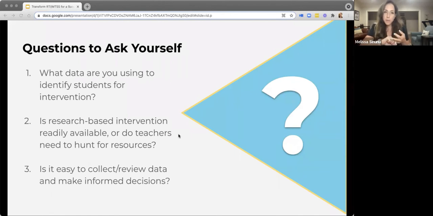As you monitor interventions, do teachers understand their next steps? Is a research-based intervention immediately available for students, or do teachers have to dedicate time to finding resources to meet student need? Make sure it's easy to collect the data you need to make tier adjustments as students work on interventions. The same data should be reviewed throughout the process to ensure the integrity of decision-making.